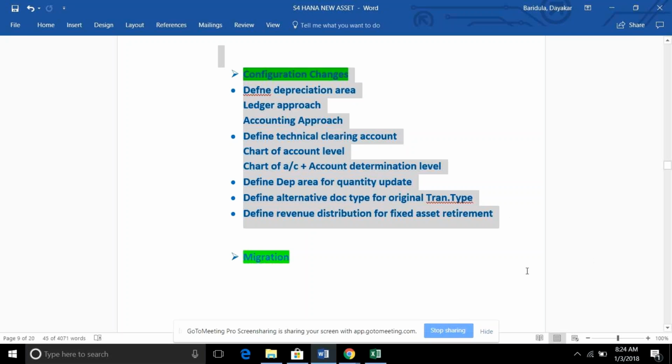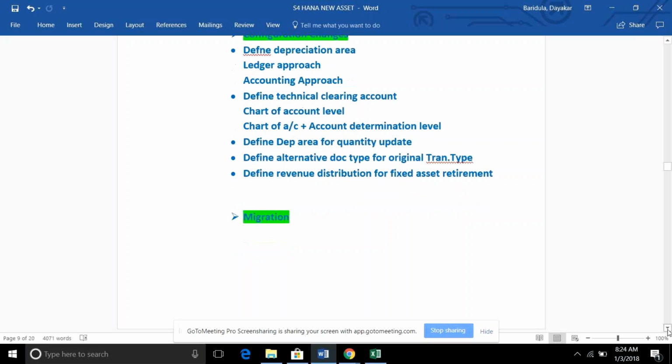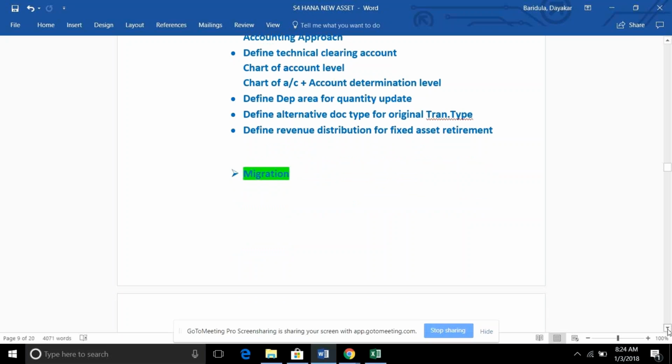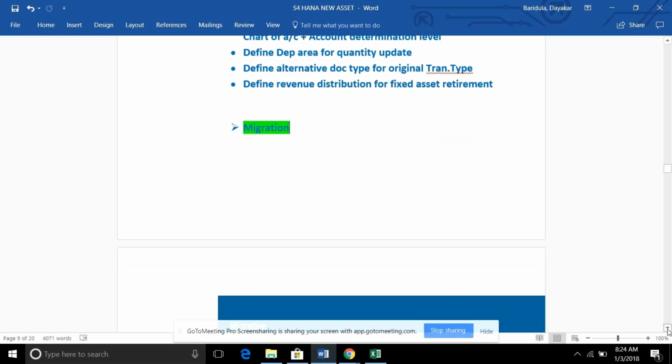And also some of the things are obsolete. Basically, the smoothing functionality was there earlier. You know what the functionality of smoothing is in classic? That is removed. So what is the functionality of smoothing? Anybody can catch it? I didn't get it. There is a functionality for smoothing at the depreciation run. We used to do some setup for smoothing. There is a checkbox for the smoothing. I'm not able to open the system. Those functionalities are removed now. So those also we will touch upon while doing the configuration.